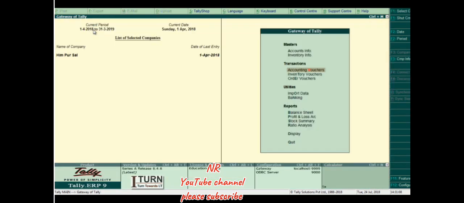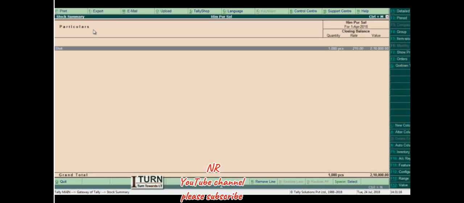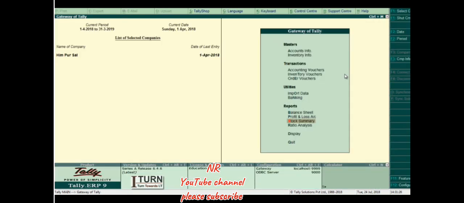So here it is, Gateway of Tally. In order to get out from anywhere, you need to press Escape, and I'm going for stock summary. You may see here 1000 pieces of shirt are there. Per piece cost is 210 rupees and total costing is 2,10,000. The next thing that we need to do is to do the